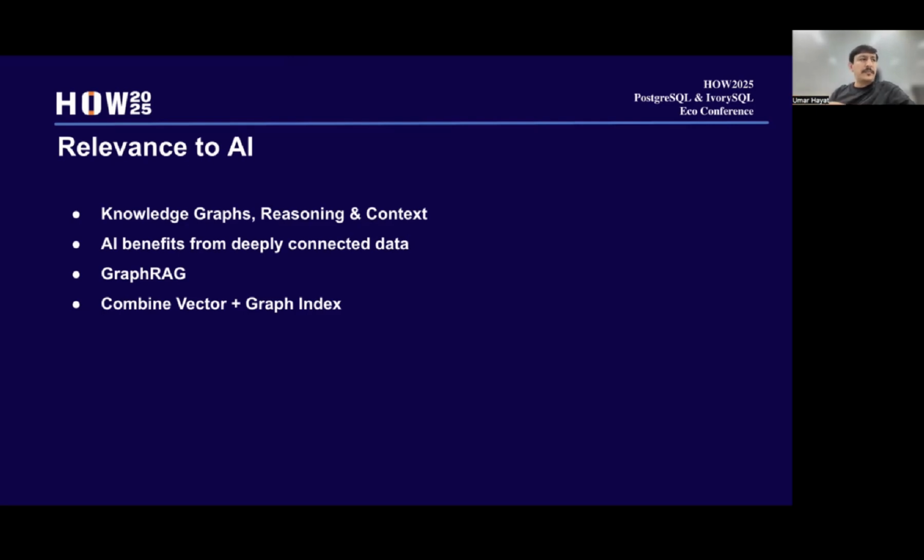It's not that you have to use them separately, like vector RAG is totally different and graph RAG. You can even combine them. Even in AgensGraph, you can store the graph data, and its properties can be vector embeddings, and you can create vector indexes on those properties.